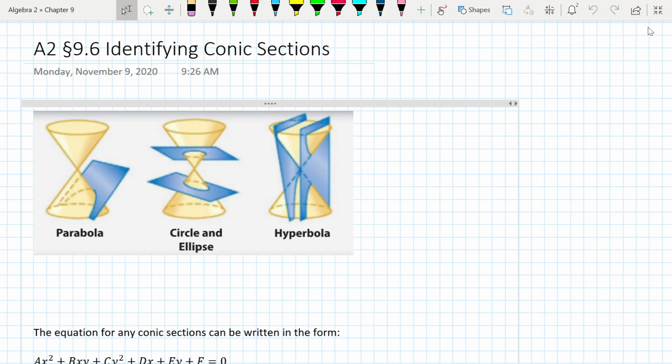Algebra 2, Chapter 9, Section 6, Identifying Conic Sections. So I've sketched a couple of these out, but